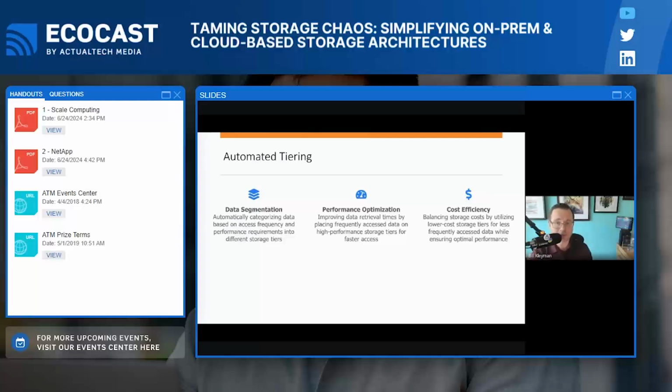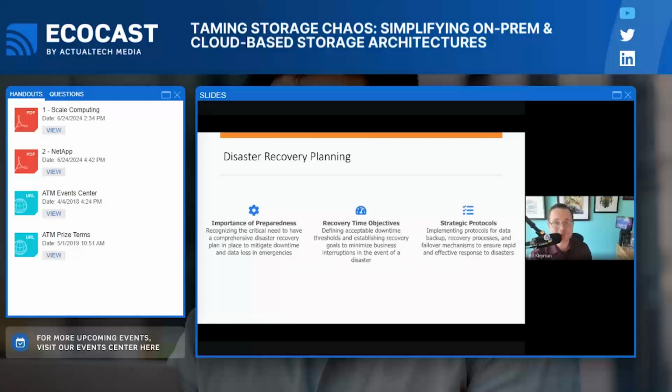So for example, cost efficiency, knowing what to put on flash versus spinning disk, placing different levels of data accessibility and types of storage environments into your ecosystem is going to be really important because you can automatically categorize this data based on who's using it, how frequently it's being used, and where it's being stored. So really, really important, great function and feature.